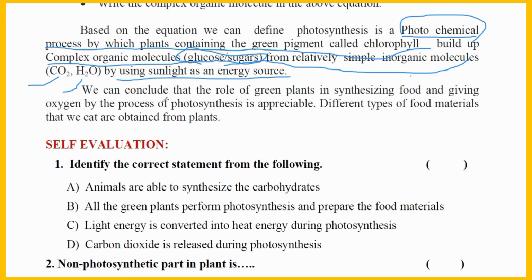And we can conclude that the role of green plants in synthesizing food and giving oxygen by the process of photosynthesis is appreciable. Different types of food materials that we eat are obtained from plants. So you know that plants are most useful for providing food. Fodder, fiber, firewood,